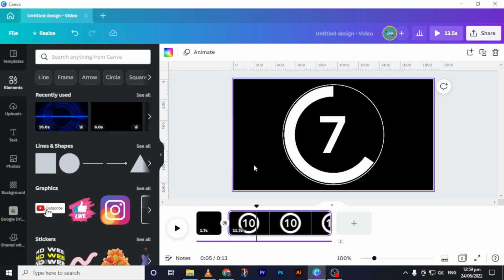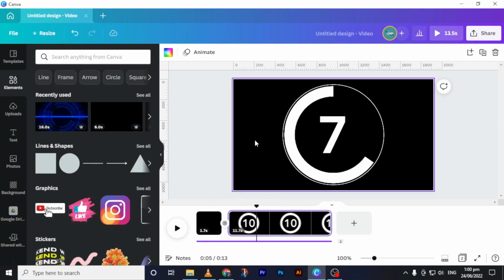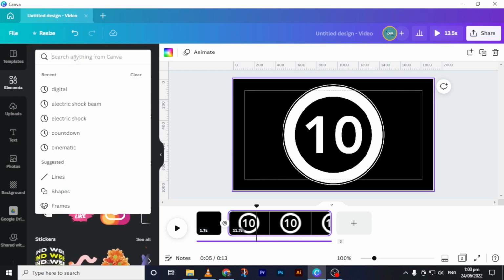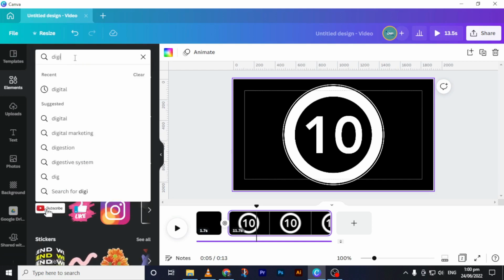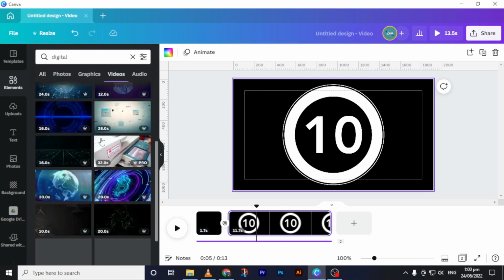Now we want to add something so that you see this, you see the black background. We want to add something at the background, so that this black will at least have something to make it look nice. To do that, go to elements and type digital. Go to videos, scroll down, and you see this is a pro element. So if you are using a free account, you cannot use this. So select this video